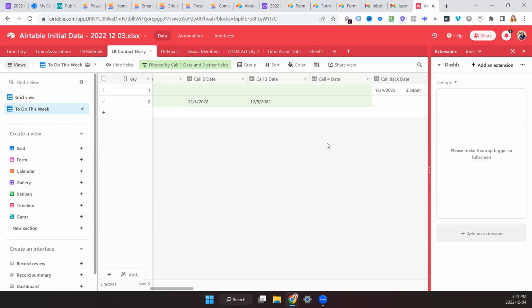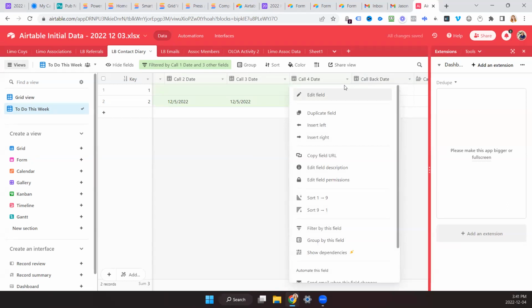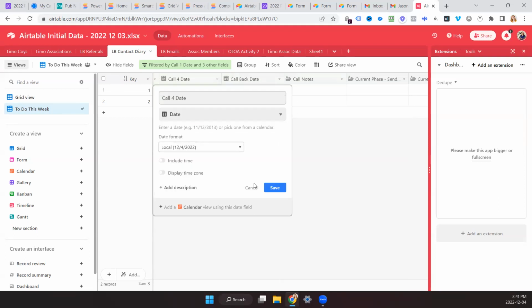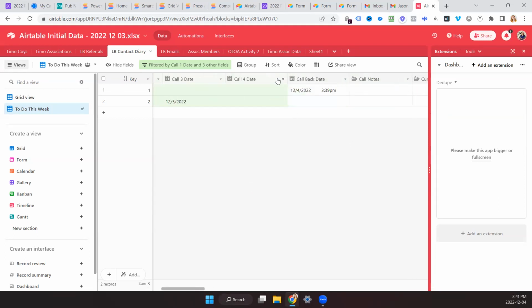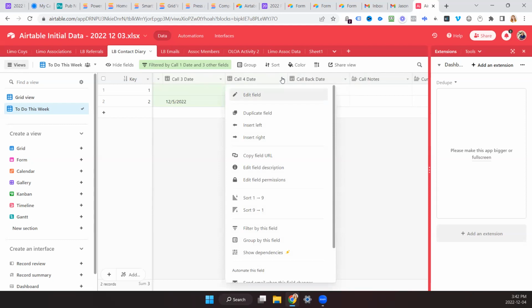Okay, so I was looking at this as historical, not future. So to do what you're saying, we could even put another field in there and just say planned calls. And then I could put the dates in when I'm planning on calling them. Because I was only using this as historical. Right. What are you using for project management, is there another table?